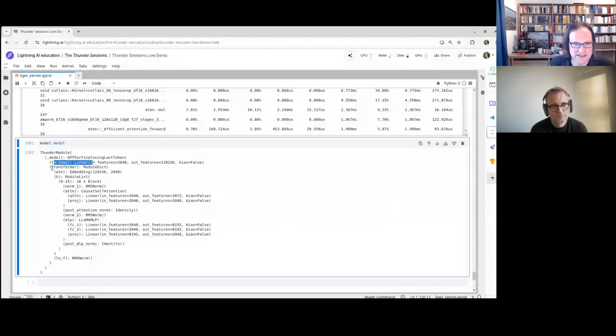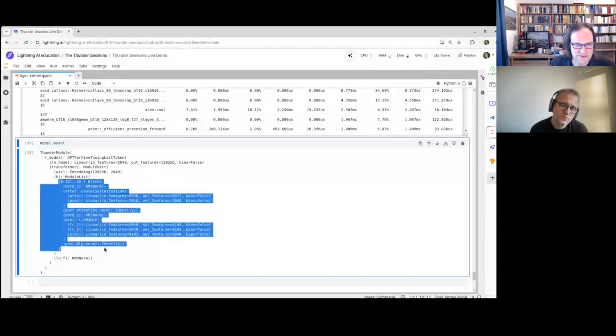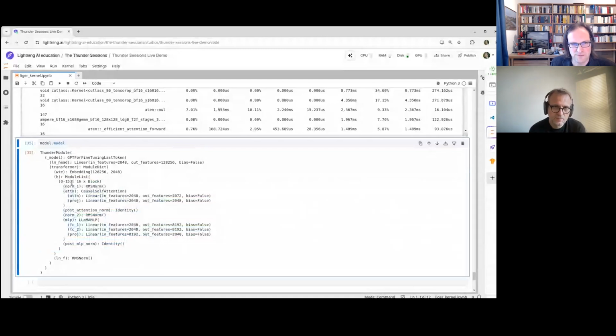But so we have a linear layer. Then we have the transformer, which contains the embedding, which is at the beginning. And then there are a number of blocks. And these blocks are always of the form: you have a norm, you have the self-attention, you have another norm, or you don't have the norm here, it's for other modules.